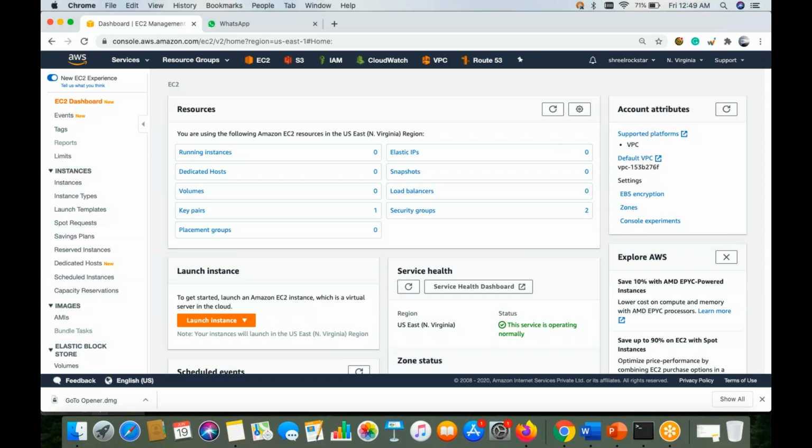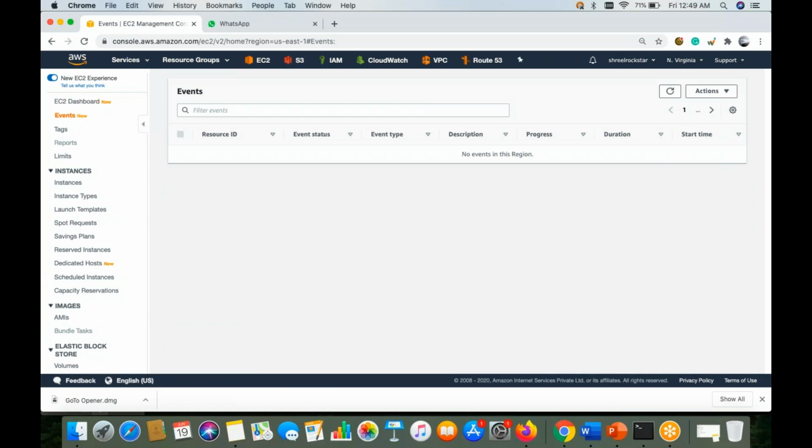Right, now once you click on Events, it is a very nice window, because as I mentioned yesterday, there are several racks running in the data center, and in each data center we have multiple customers running on each rack. So AWS also requires maintenance of those racks to give us the best performance.